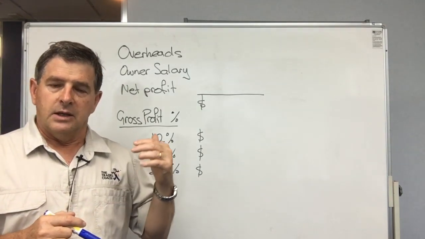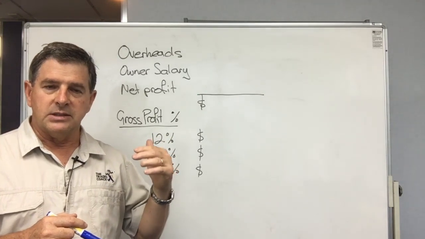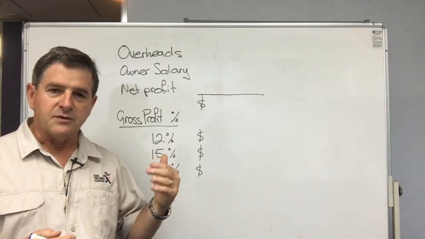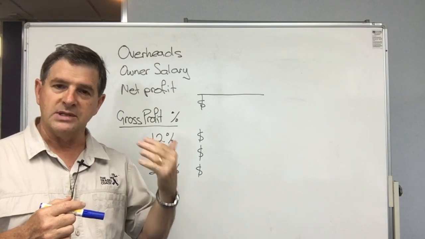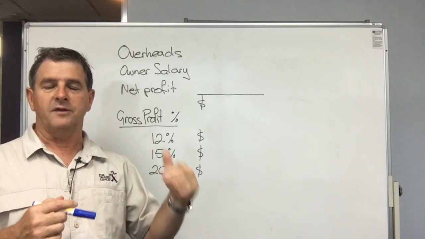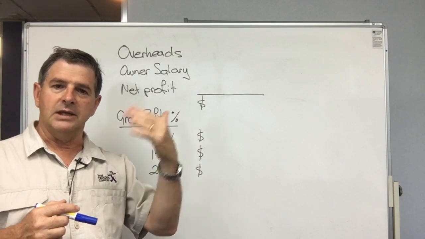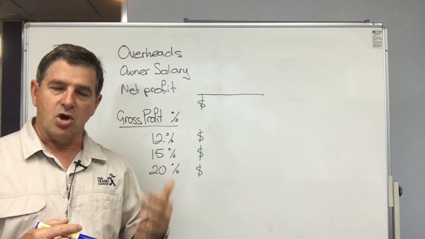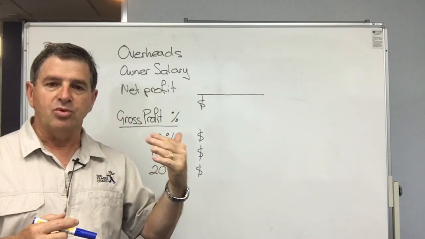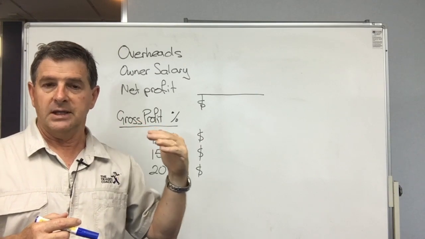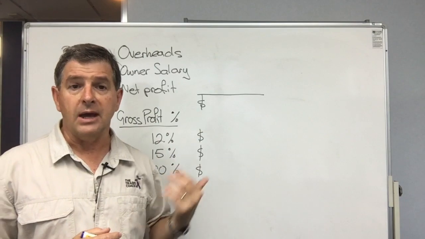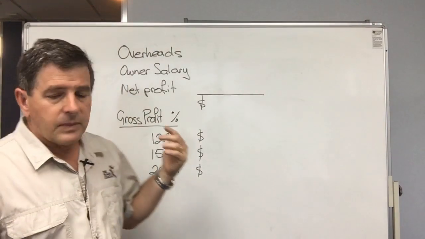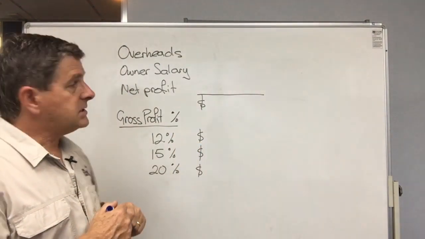What we do here is build things from the bottom up in profit and loss statement terms. So we start at the bottom, at the net profit of the business, adding on the overheads, adding on an owner's salary, to calculate what that gross profit dollar figure needs to be in their business. So I'll show you how to do that. In our little business here,